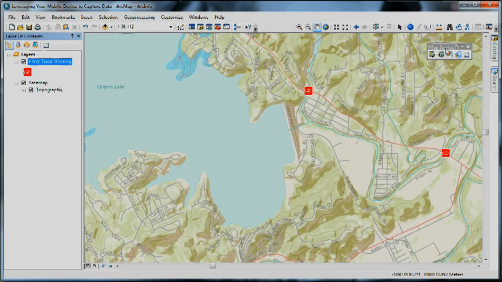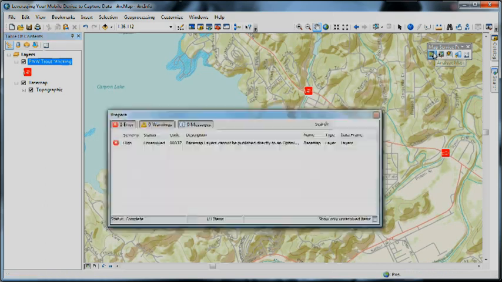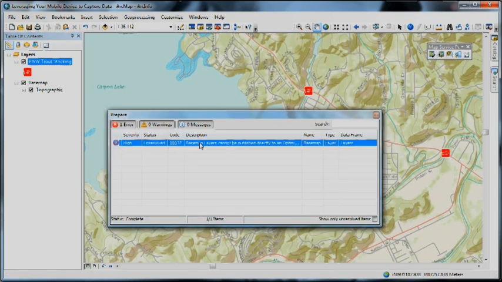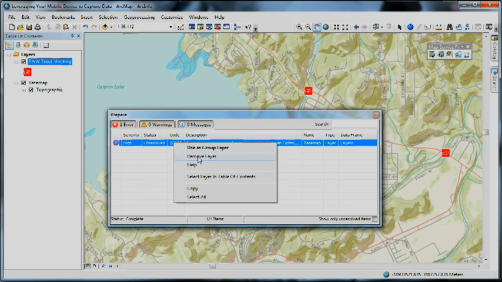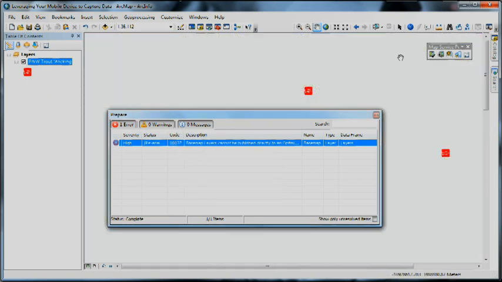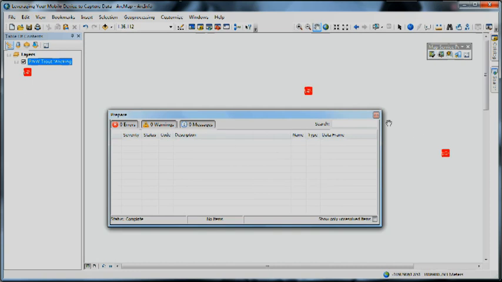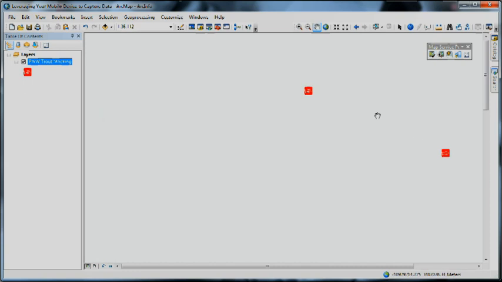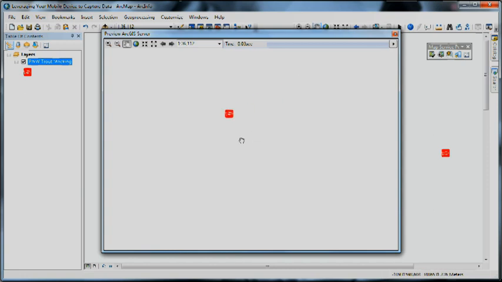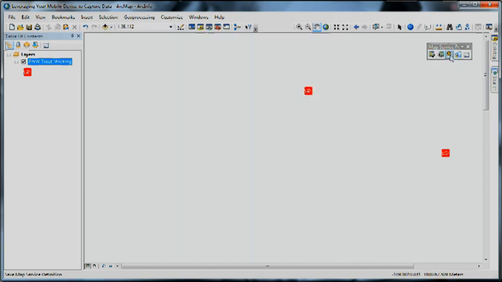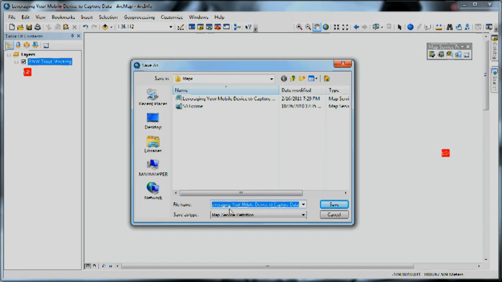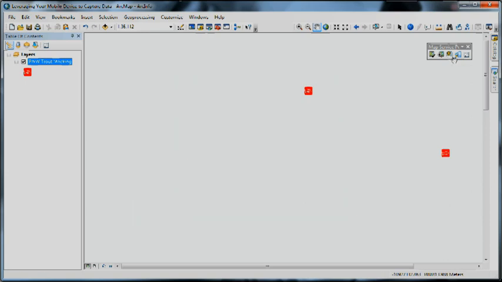So let's use the Map Service Publishing toolbar to publish this map to the web. So we'll analyze our map, pick up on any errors or any problems, and here you see we certainly have a concern. I'm using one of the ArcGIS Online base maps, but we can't republish that, so let's uncheck that, and we'll only publish the content we want our mobile field crew to work with. We'll preview that. Everything looks good. We'll save this map out, give it a name,